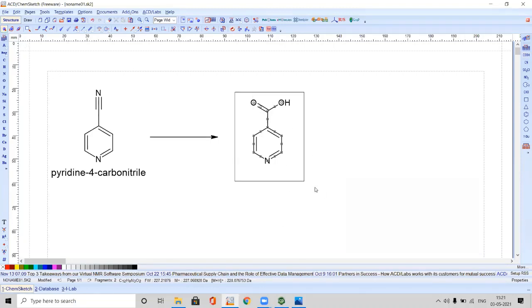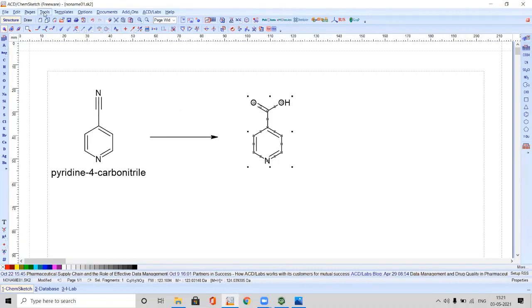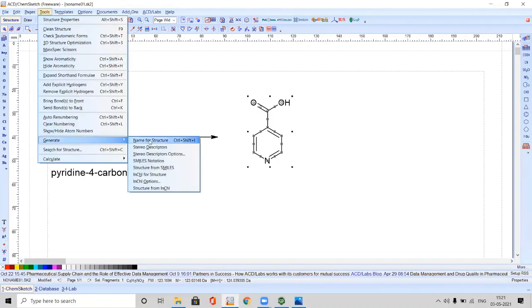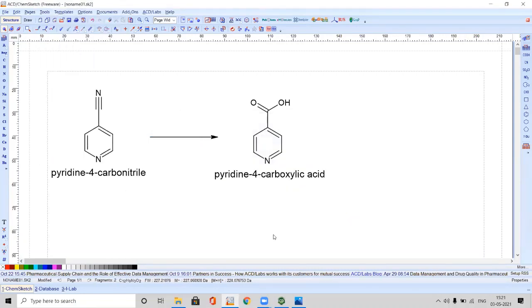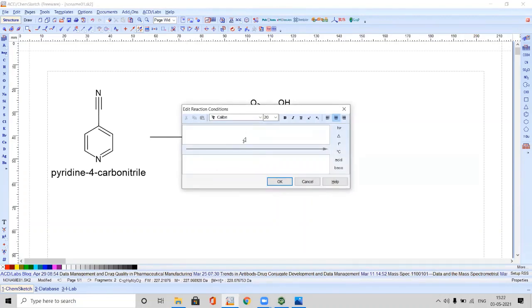To get the name of this compound, select this compound, go to tools, generate name for the structure: pyridine 4 carboxylic acid. Now we need to incorporate hydrolysis here. For that, select this one, click on this reaction arrow labeling. Now a window will open like this.